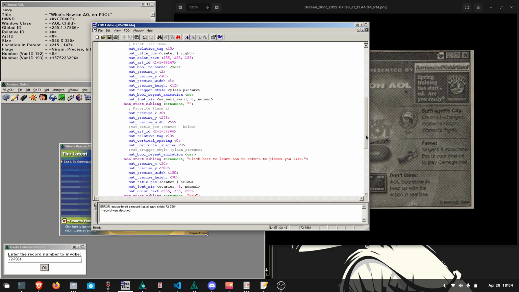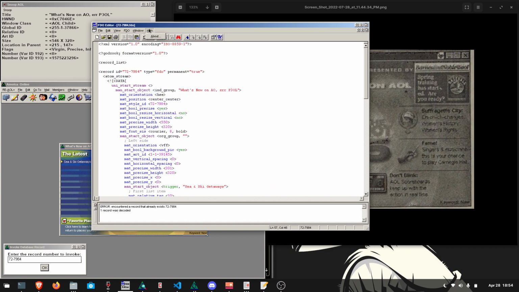And I've been using AOL's FDO editor. I really like it. I have Slushy's FDO editor, but I've become quite fond of this one here. It's because it's what I started with before I had Slushy's. So basically, what I do